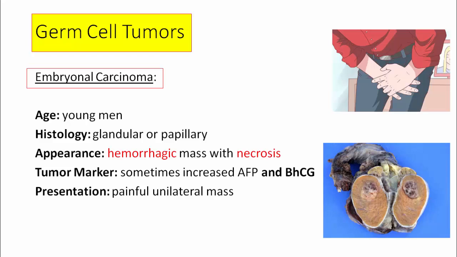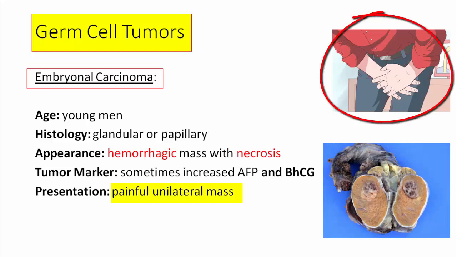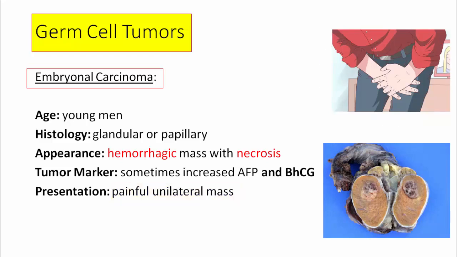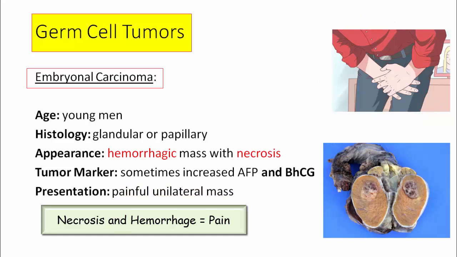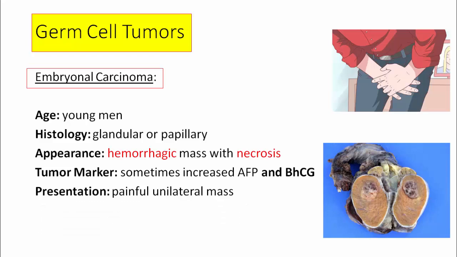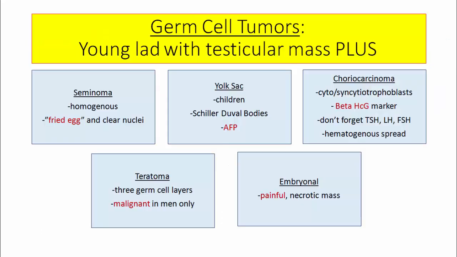The stem will classically describe a young male with a painful, unilateral testicular mass. Gross inspection would reveal necrosis and hemorrhage. Although lower yield, for completeness' sake, the histology may reveal primitive cells that appear glandular or papillary in nature. And that's it. We've now covered the key pieces of information to remember for each of the 5 germ cell